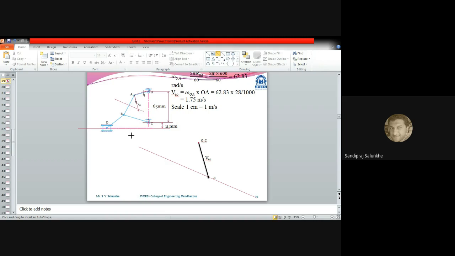जर आपण बीसी ही गोपन पकडली तर ह्या बीसी ला परपेंडिक्युलर बी पॉइंट असणार आहे, कारण बीसी ही गोपन आहे, सी हा सेंटर पॉइंट आहे रोटेशनचा आणि बी हा दगड आहे. तर काय होईल की ह्या बीसी ला परपेंडिक्युलर तो दगड सुटेल तिथून. ओके, we have to draw one line perpendicular to BC through point C. आणि या ठिकाणी आपल्याला पॉइंट सी माहित आहे कुठे लोकेट आहे तो. दोन्ही साइडला आपण ड्रॉ करू.